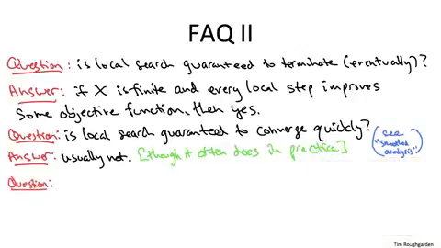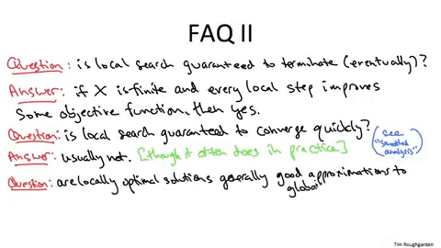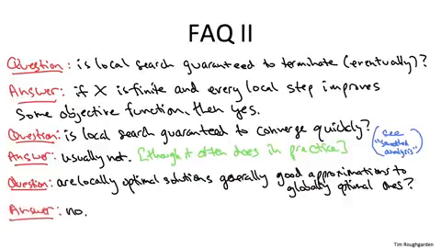So in addition to running time, we want to measure the performance of a local search algorithm in terms of its solution quality. So is that going to be any good? Here the answer is definitely no. And again, the maximum cut problem was the exception that proves the rule. That's a very unusual problem where you can prove at least some kind of performance guarantee about the locally optimal solutions. For most of the optimization problems in which you might be tempted to apply the local search design paradigm, there will be locally optimal solutions quite far from globally optimal ones. Moreover, this is not just a theoretical pathology. Local search algorithms in practice will sometimes generate extremely lousy locally optimal solutions.